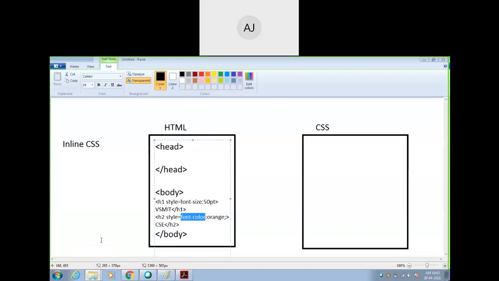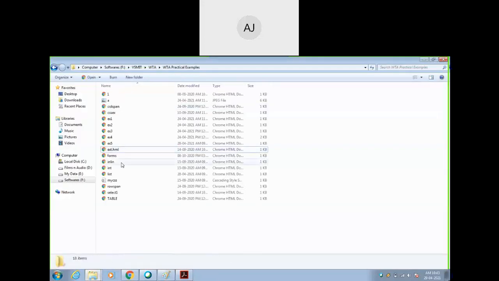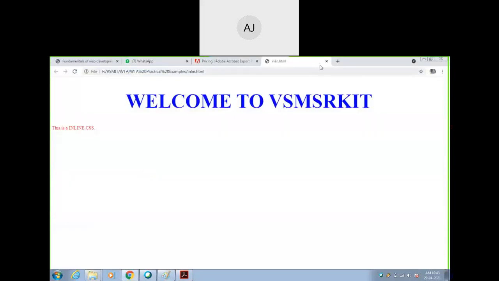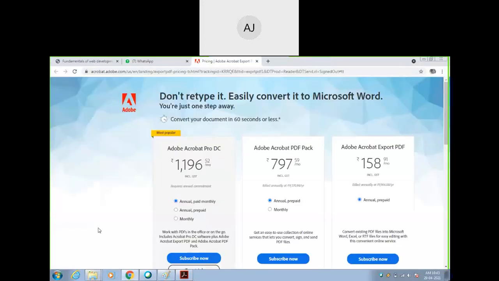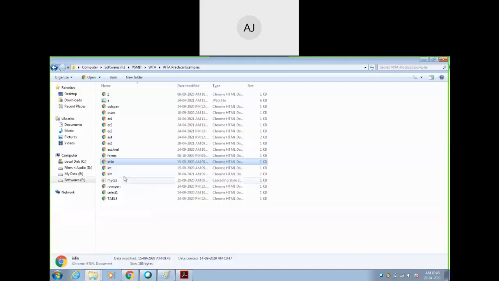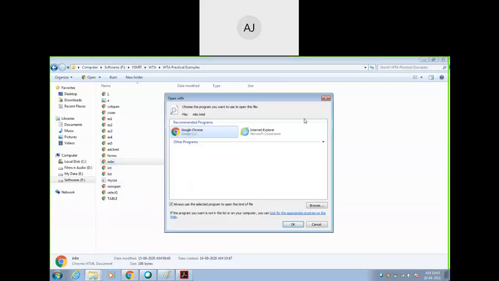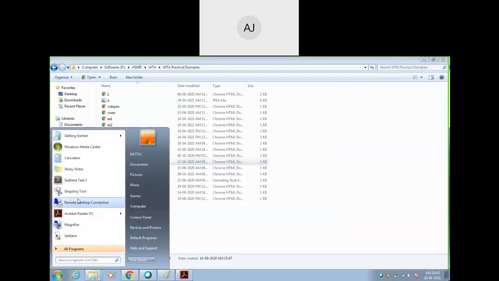Practical examples, inline. Open with Sublime Text. Sorry, how to open from this? File, open file.